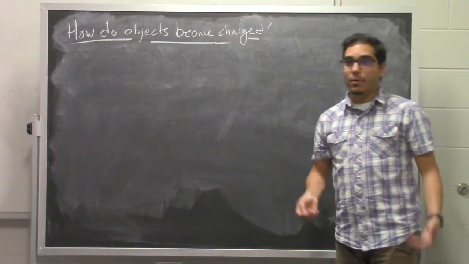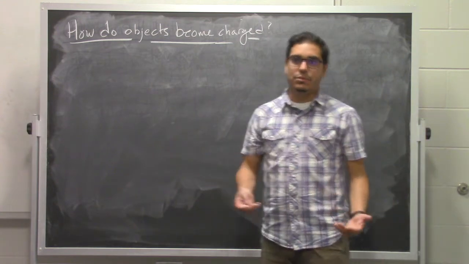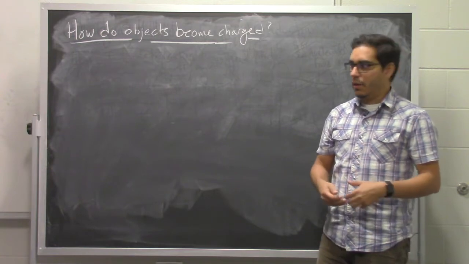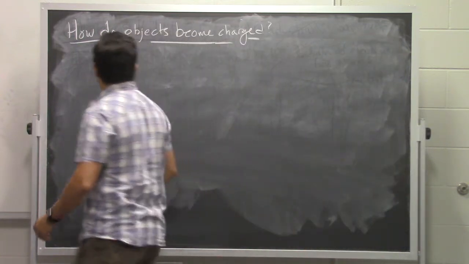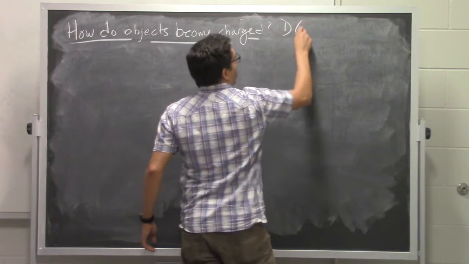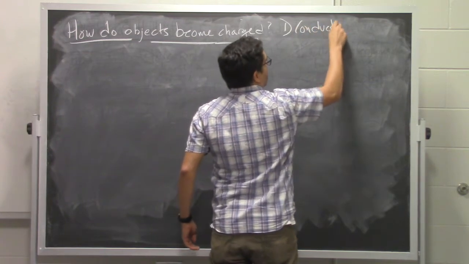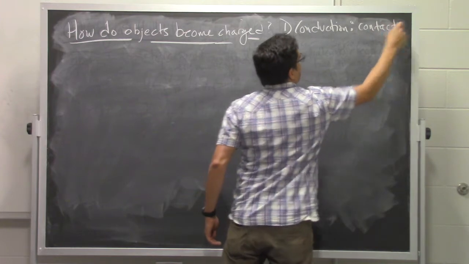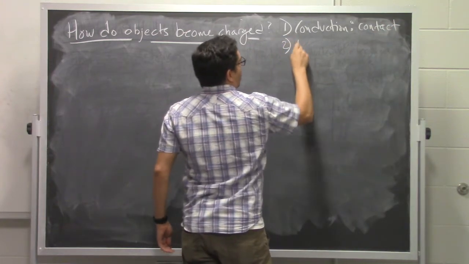Okay, in this video we're going to talk a little bit about how objects become charged. We've talked a little bit about charge, but not exactly how objects develop a charge. So there's two main mechanisms by which this occurs. One is through conduction, which is actually charged by contact, physical contact between objects. The second is called induction,